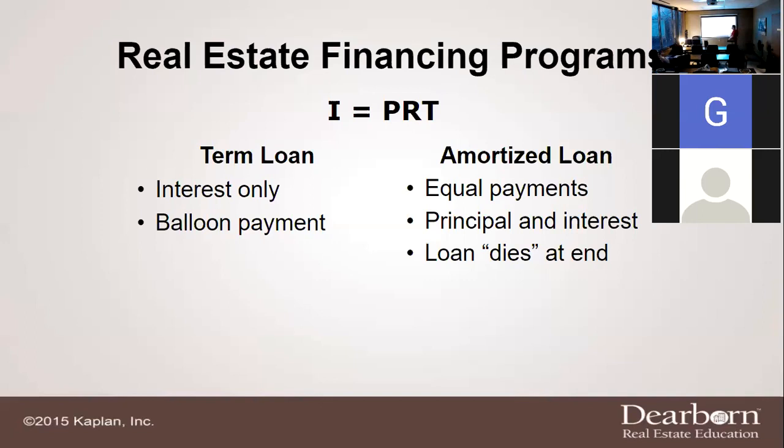And oftentimes, it's sad to say this, but a lot of times when you jump over to term, it's very difficult for them to jump back to fully amortized. Okay? And so most of the time, once you jump, sometimes you have to sell that property. But again, it's not something that I just recommend. Like if a client comes in and says, I found out online that I can save some interest if I jump to an ARM, I'm immediately like, no, don't you dare do an ARM, okay?